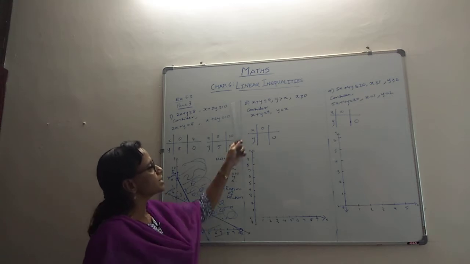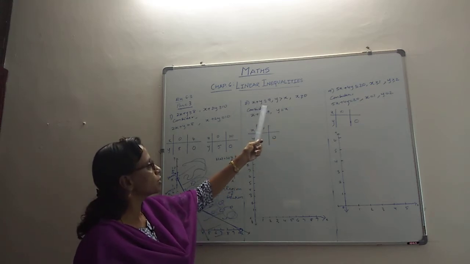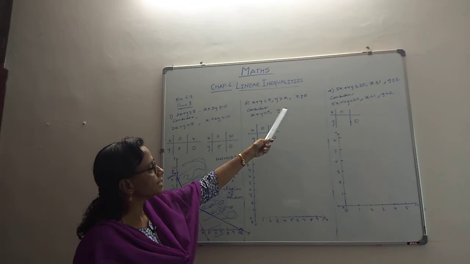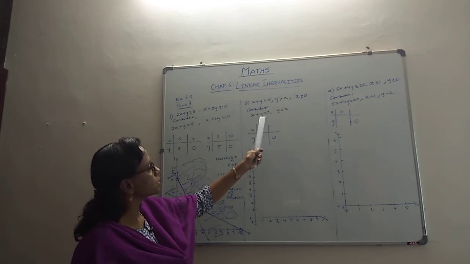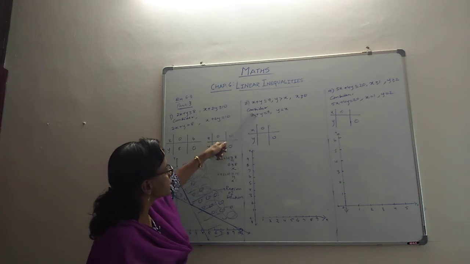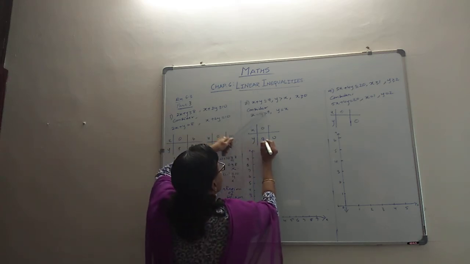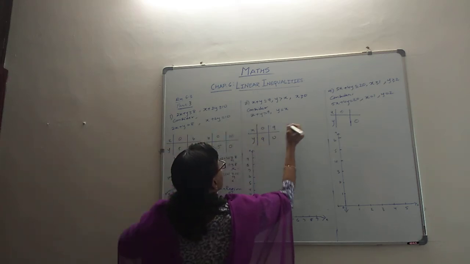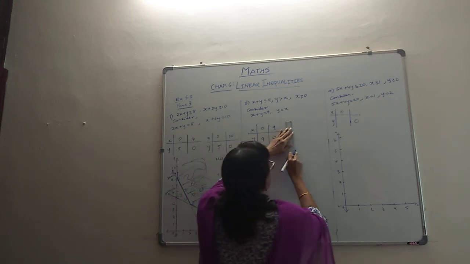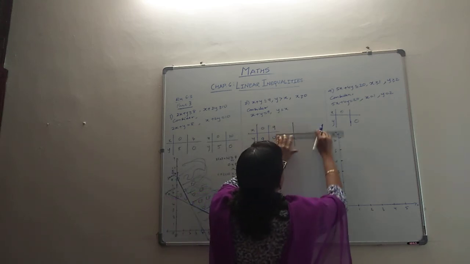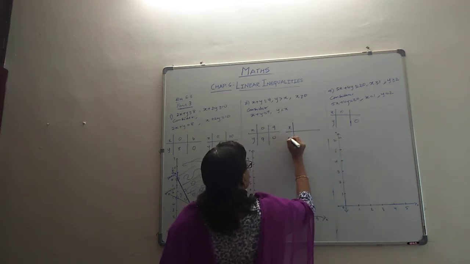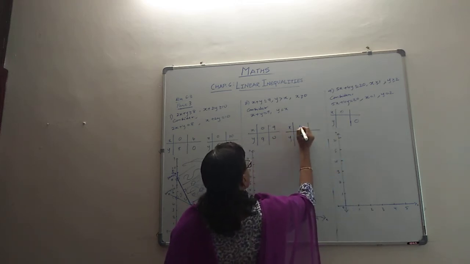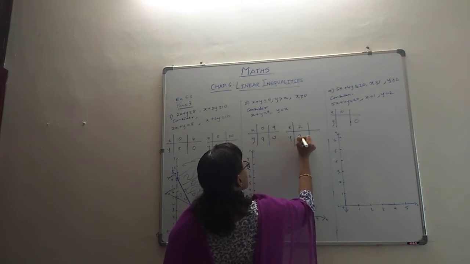Okay, next question, simpler one. x plus y less than or equal to 9, y greater than x, x is positive, and therefore we are taking its equalities. x plus y equal to 9, x is 0, so y is 9, and y is 0, so x is 9. y equal to x. Like an earlier problem that we saw, we will take values at random and see, the normal logic will not work. So you can take maybe y as 2. If y is 2, x is also 2.